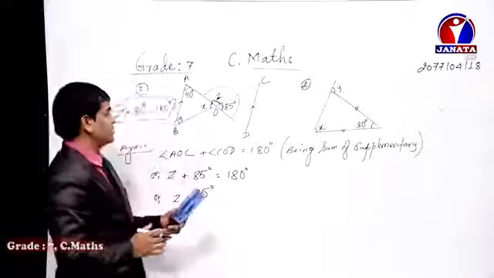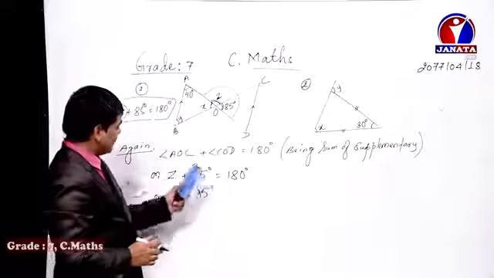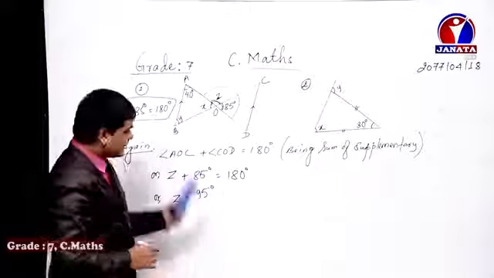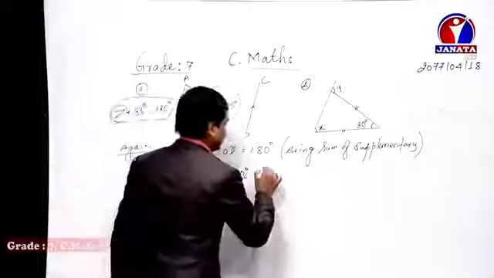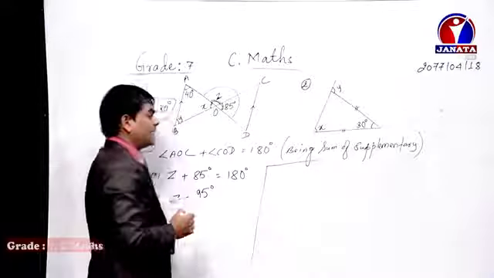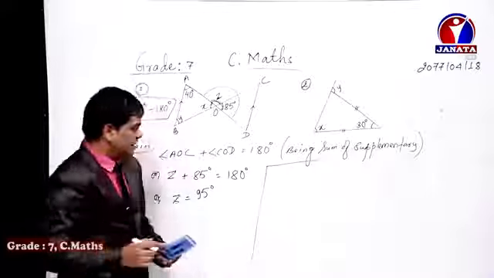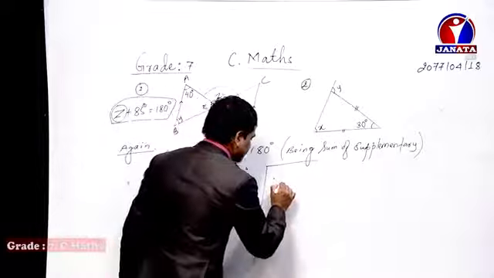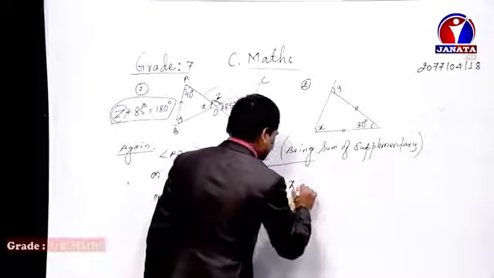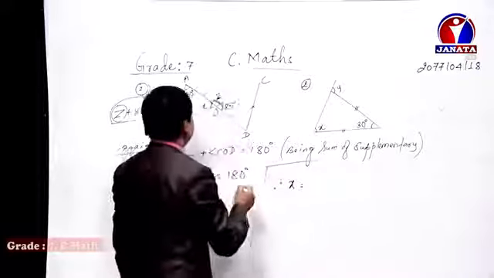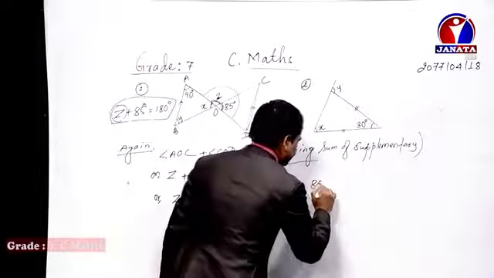And at last, dear student, this is how you solve this question. These are the ways. At last, one thing must be clarified: to be brilliant in mathematics, we need to write the conclusion as well. Therefore, write the therefore sign, and then x equals, what is the value of x? What value did you get for x? 85 degrees at that time, isn't it?